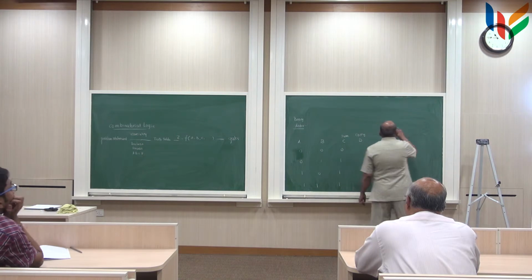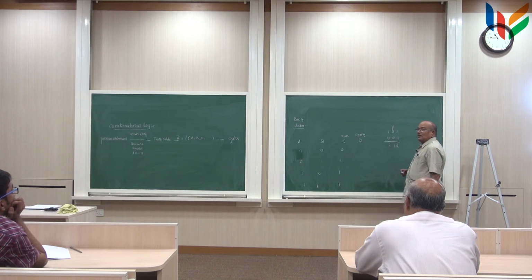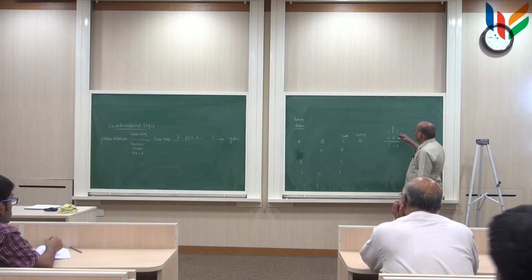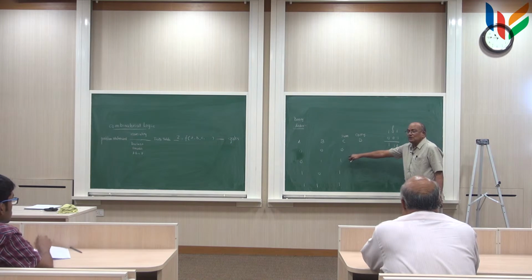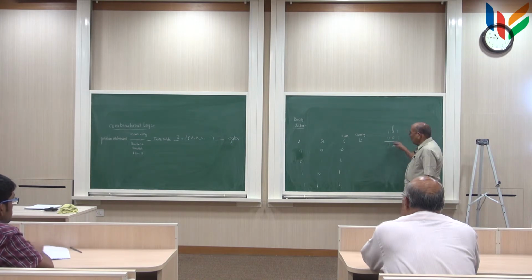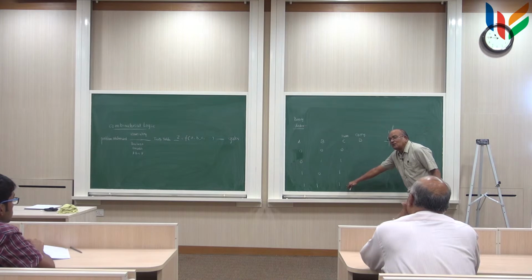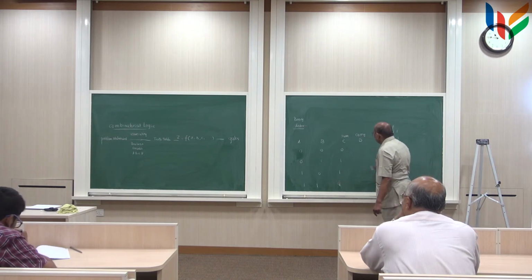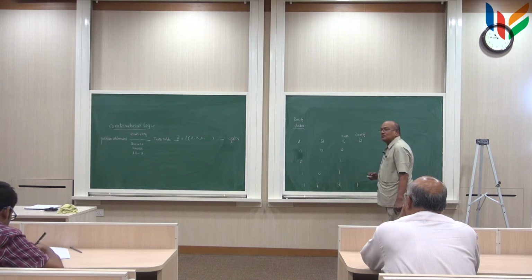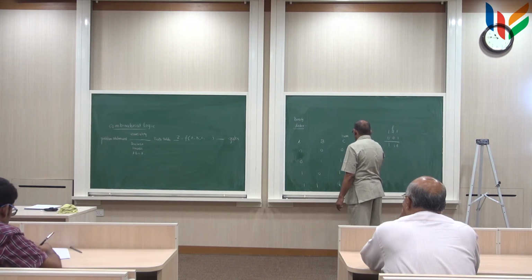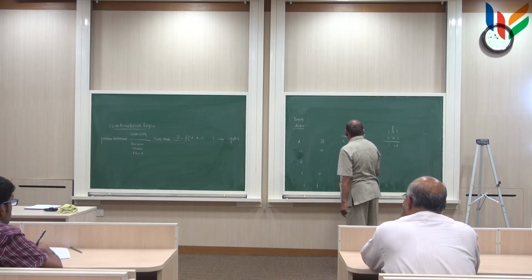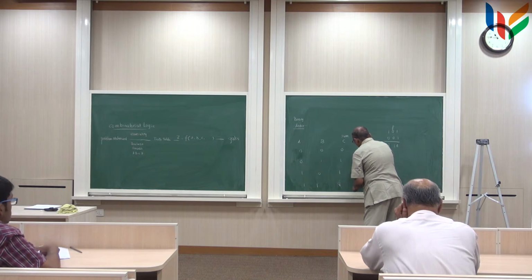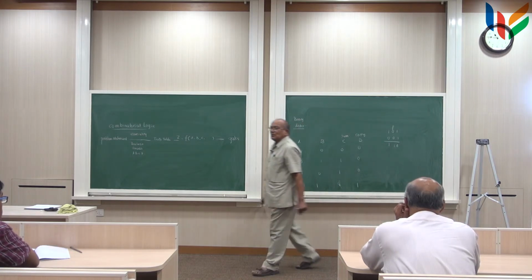You have 2 numbers in binary like this. You apply the rule which is given here. If it is 0 and 0, output will be 0. If it is 1 and 1, output will be not 1, but output will be equal to 0, and there will be a carry 1 here. And this will be of course 1 for 0, 1 and 1. I'm sorry. There will be no carry over for this.